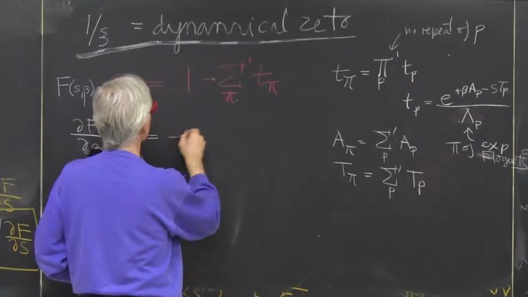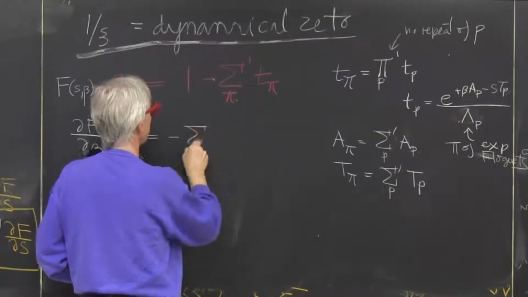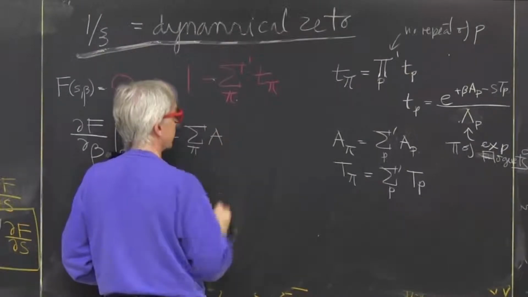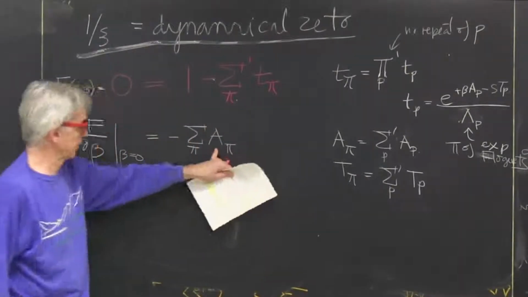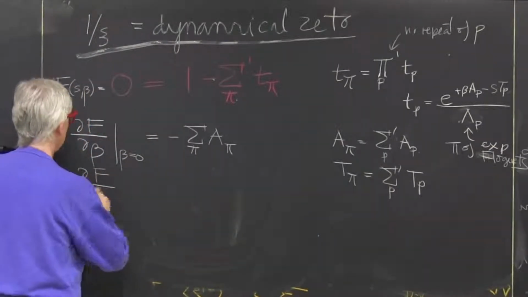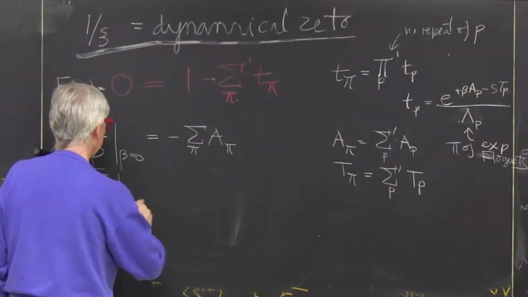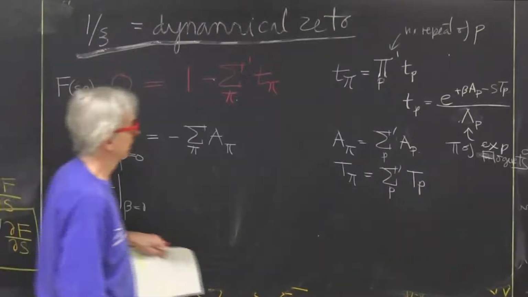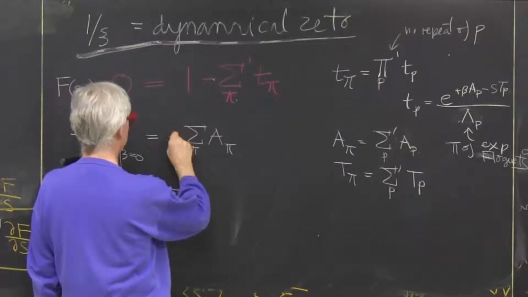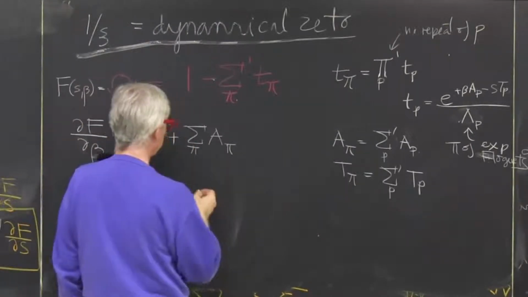So it's a minus sum over all pseudocycles. And each one of them just has the observable accumulated over all parts of the pseudocycle. If you take the derivative with respect to the variable dual to time, you just bring time down. By the way, this is plus, I'm sorry. Minus,